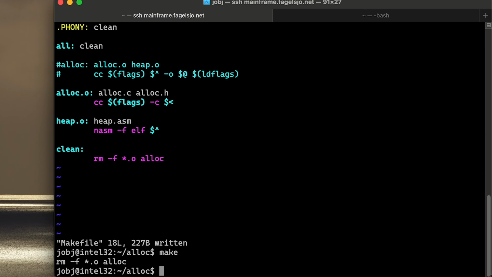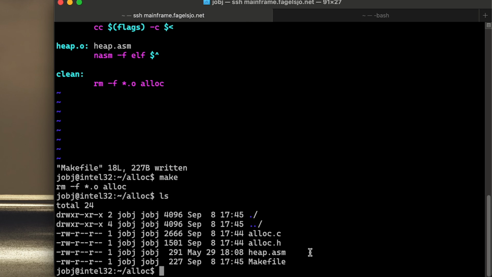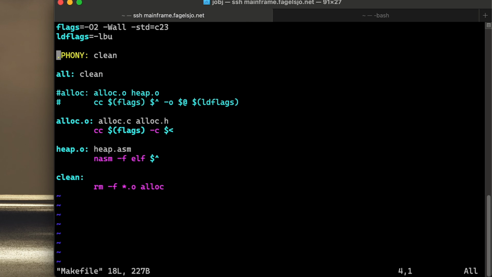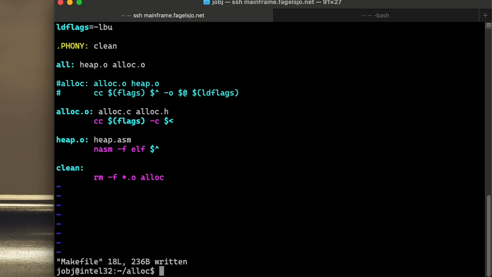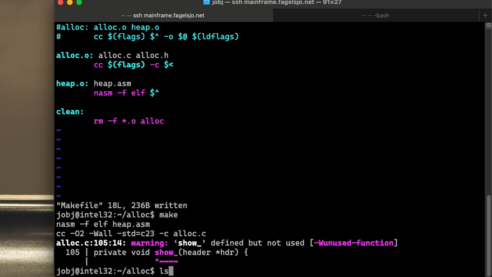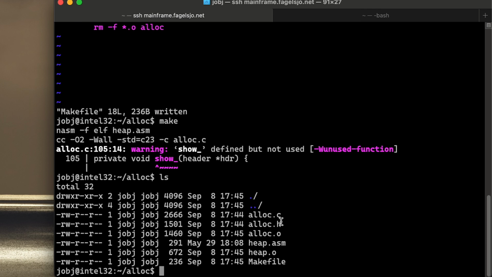So if we run make, now we will just, okay, we need to do one more thing. We can remove clean here, and we say we want heap.o and we want a lock.o, because it's the object files I'm after. So now we have a lock.o and heap.o